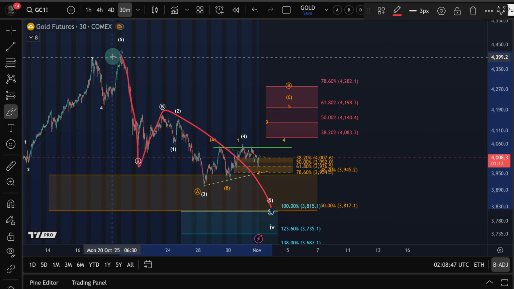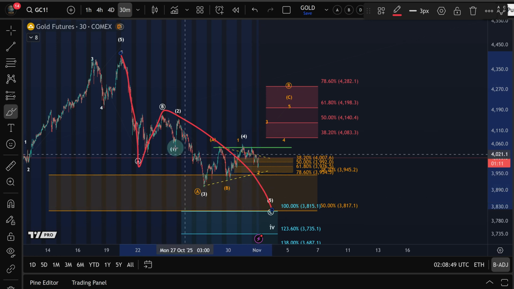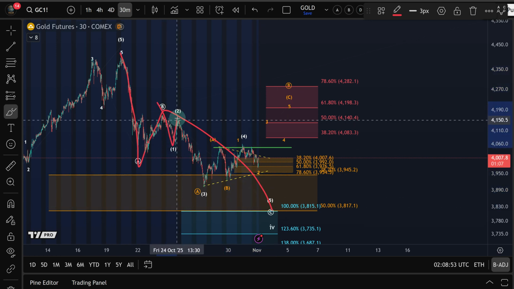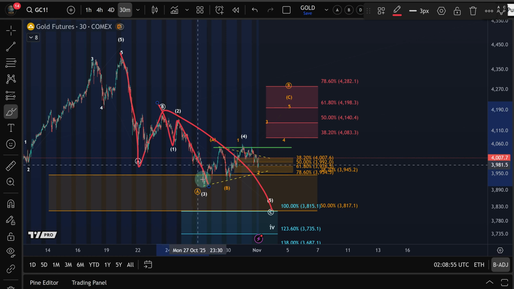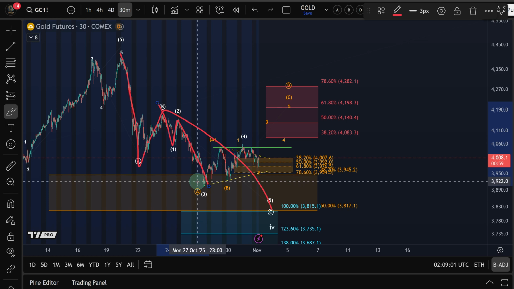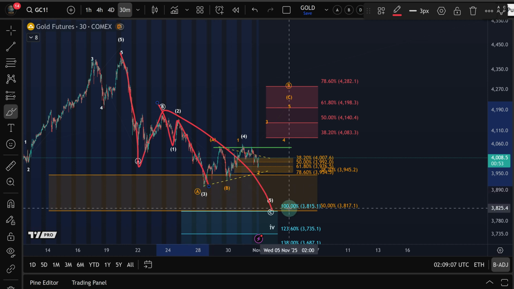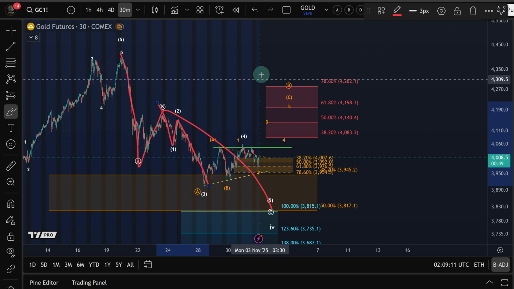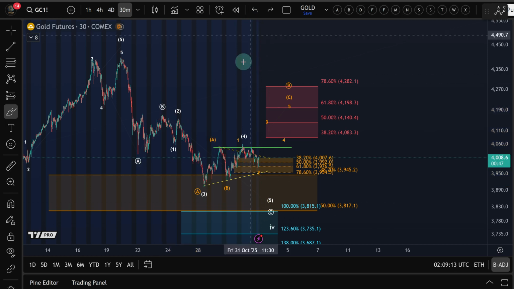Then, normally, if we have a structure like that, an ABC structure, the C wave should be 5 waves. Well, 1, 2, 3. Look, I can only see 3 waves down. I mean, of course, the low could be in, but I have to align my view with price action. And it's just not the most probable view that we haven't even reached 100% extension and we don't have the ideal, let's say, 5 waves in a C wave. And then